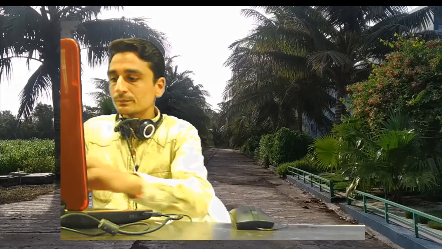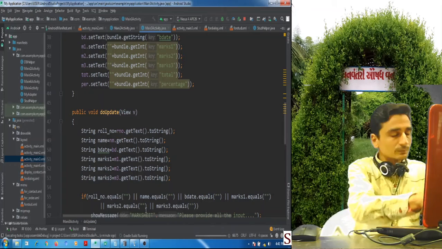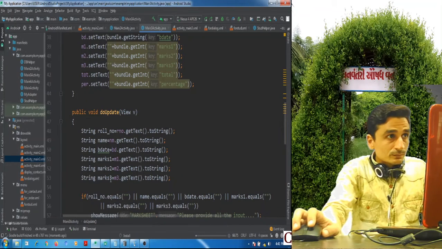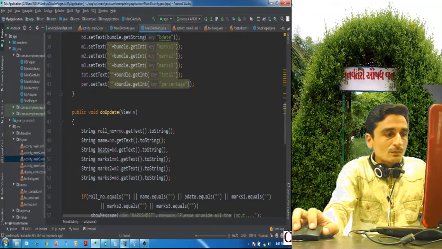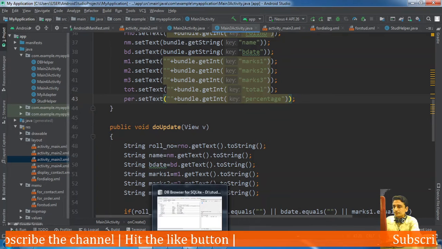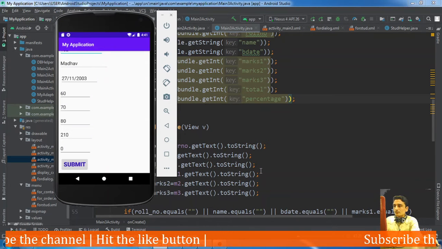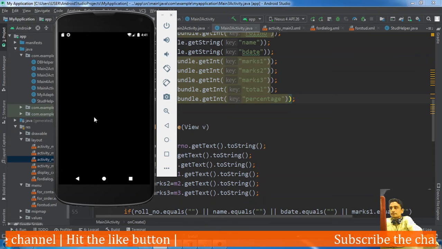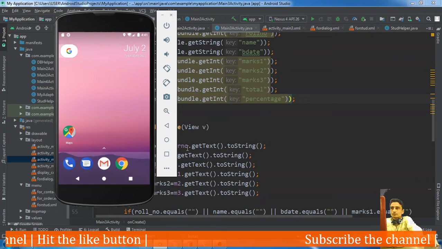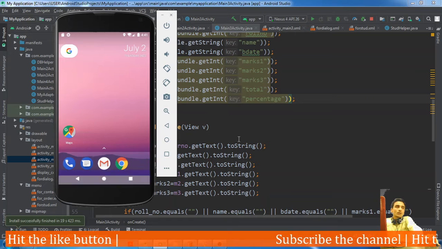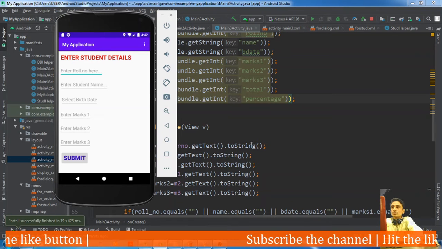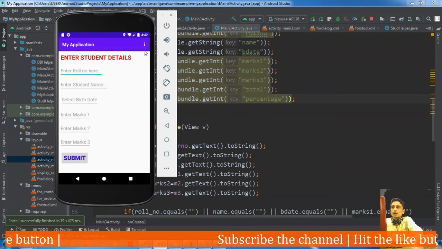So we should write the code of finishing the current activity from that. Also we should disable the roll number field, because client should not be able to update the roll number.